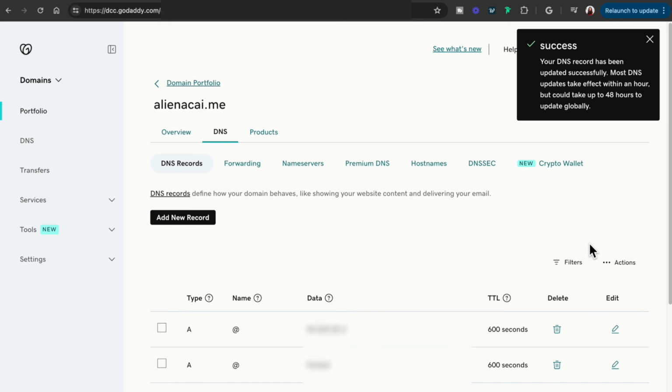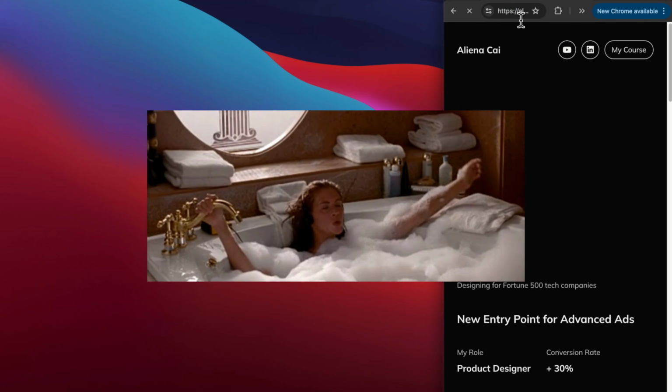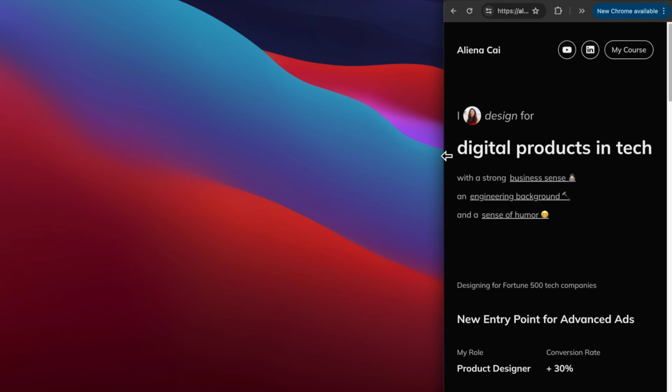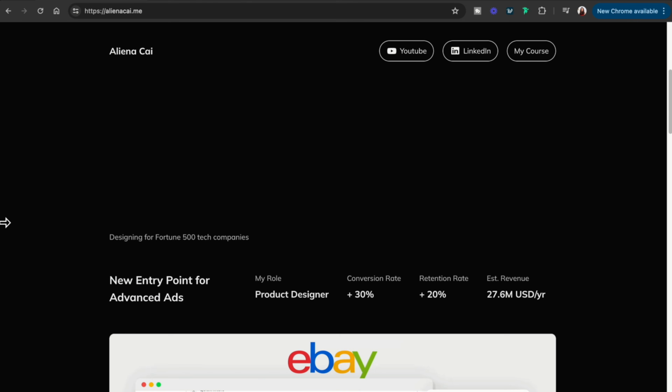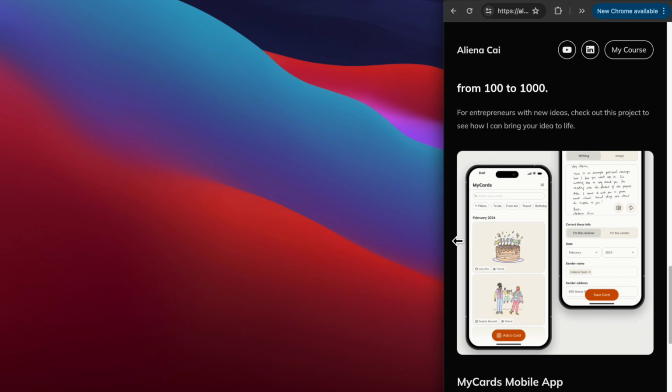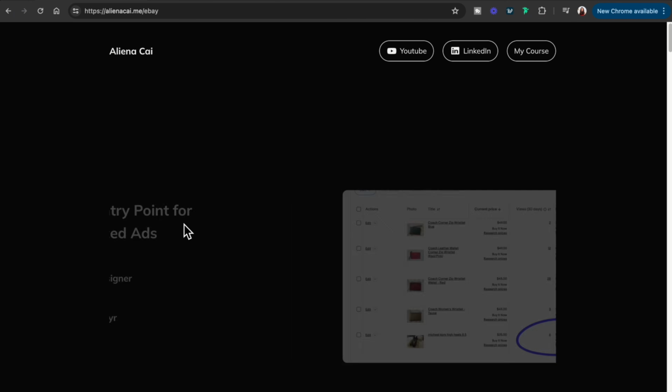After adding the DNS lines, take an hour for self-care. After about an hour, for me it was 25 minutes, your site should be live at your custom domain. If you need to make any further changes, do it and then hit publish again on Framer. Your changes will also appear on your live site now.